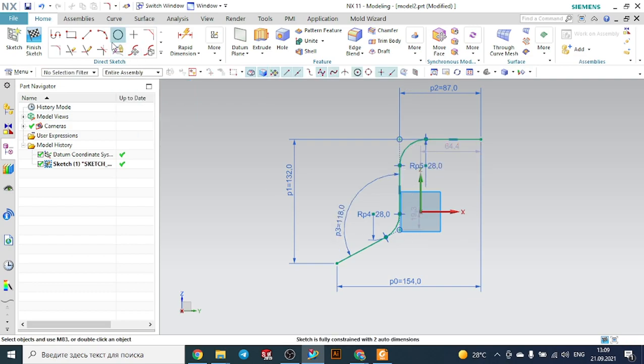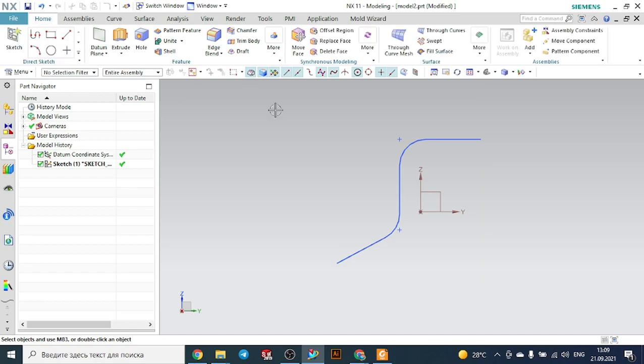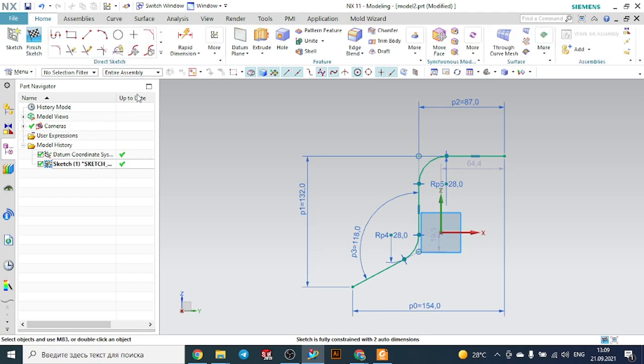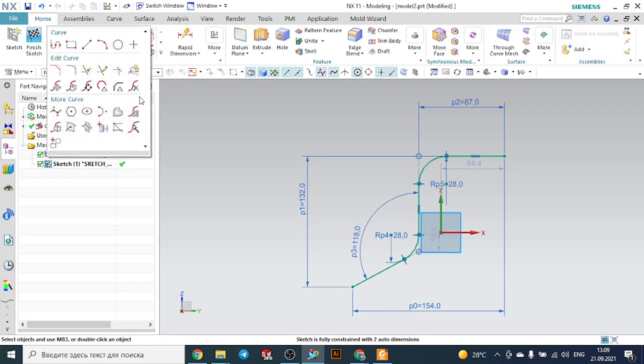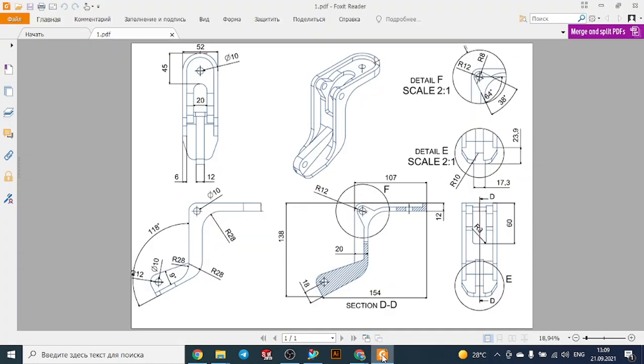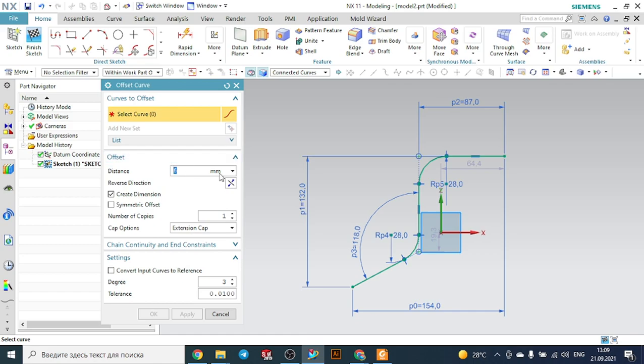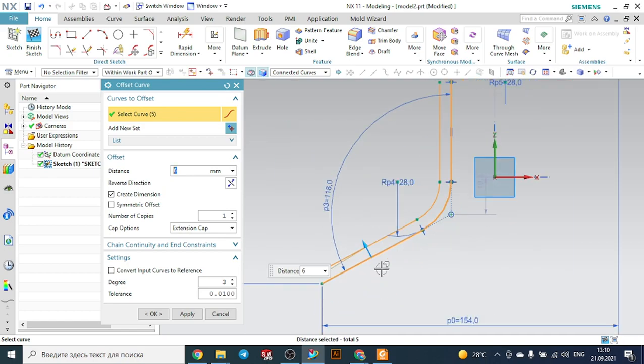So we have finished with the sketch. Finish the sketch. So let's check it. Double click again on the sketch. Let's make offset. Here we have the offset function. The offset here is 6 millimeter. This distance is 6 millimeter. So we will make the 6 mm. This one is in a reverse direction, so